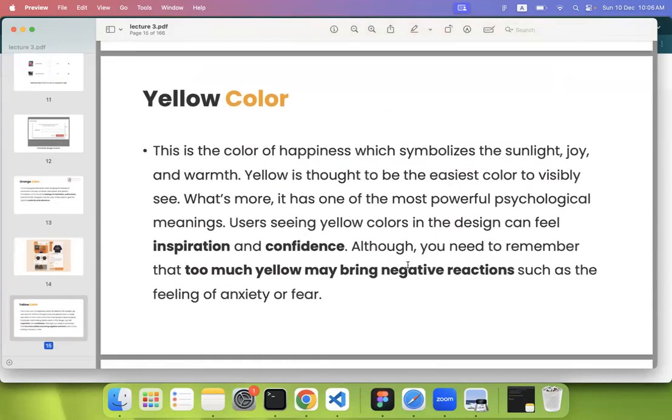Yellow color. This is the color of happiness which symbolizes the sunlight, joy and warmth. Yellow is thought to be the easiest color to visibly see. What's more, it has one of the most powerful psychological meanings. Users seeing yellow colors in the design can feel inspiration and confidence. Although you need to remember that too much yellow may bring negative reactions, such as the feeling of anxiety or